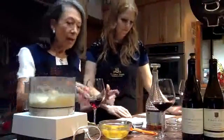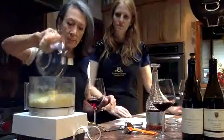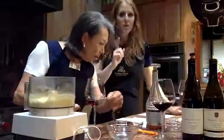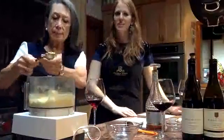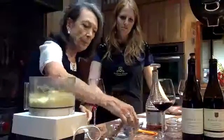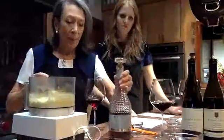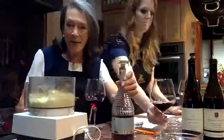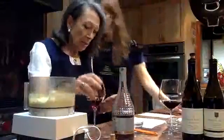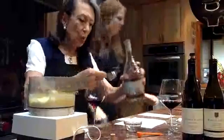And then now we're gonna add 4 eggs, just like that, and about a tablespoon of lemon zest. The eggs from our chickens, of course, as many of you know, and the lemon zest from our tree. And some wonderful brandy, the best from our family, Torres family brandy. It's going to be 2 tablespoons